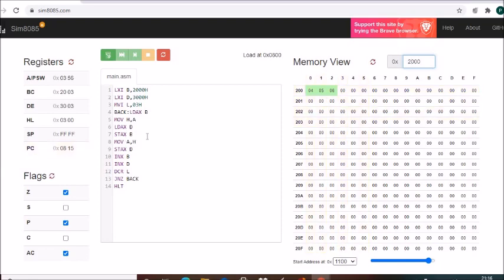Okay, if there is any doubt, you can ask me during the class sessions. Okay, you have to practice the programs on your own. You have to check the changes that happen in the registers and the flags and the memory locations. Okay, try to do more and more programs from the book. Try to execute the programs written in the book on your own in the simulator. Okay, then you can understand better how the programs are executed.